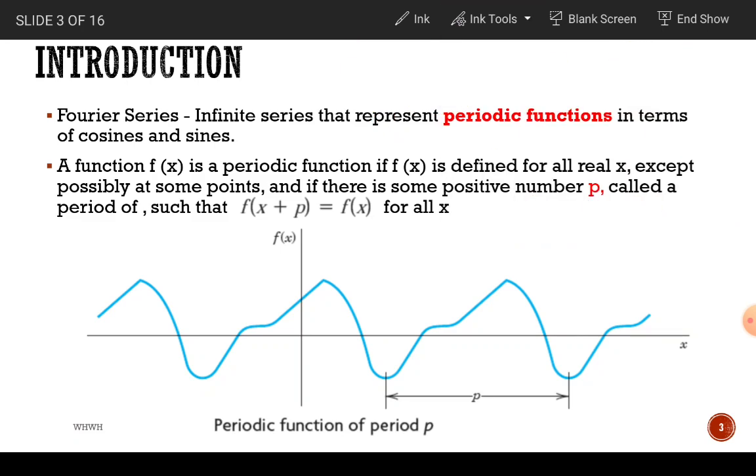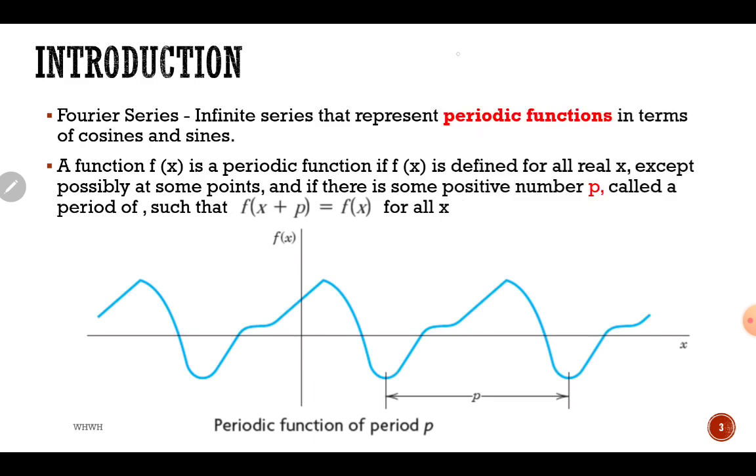Tapi bila kita discuss about a Fourier series ni, dia adalah infinite series. Infinite series maksudnya macam tadi kita cakap dia bermula daripada n sama dengan kosong up to a number. So macam sekarang ni infinite series ni maknanya kita tak tahu dia berpunca daripada, which is from negative infinity up to infinity. Dia bermula daripada from the left and it keeps on going to the right. Okay, so what we call a Fourier series ni adalah apabila kita ada pattern yang mana dia punya function is